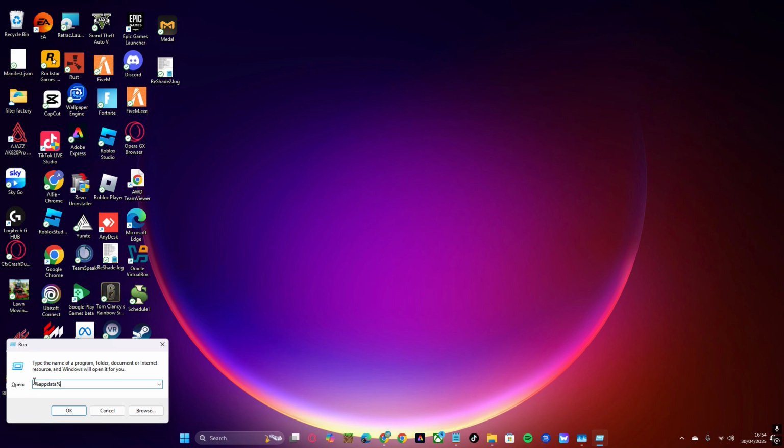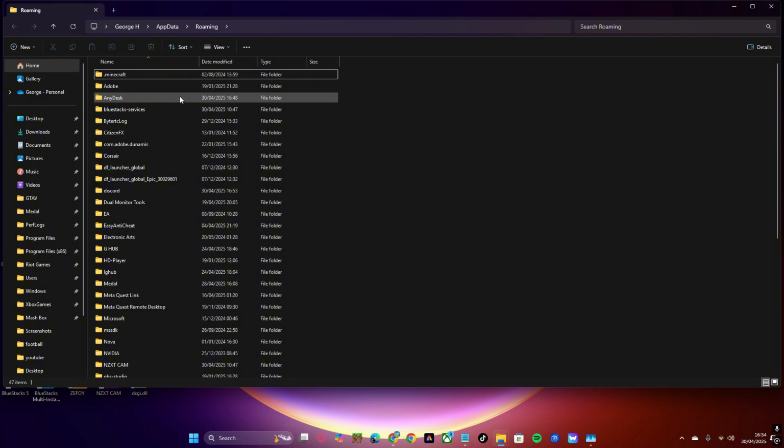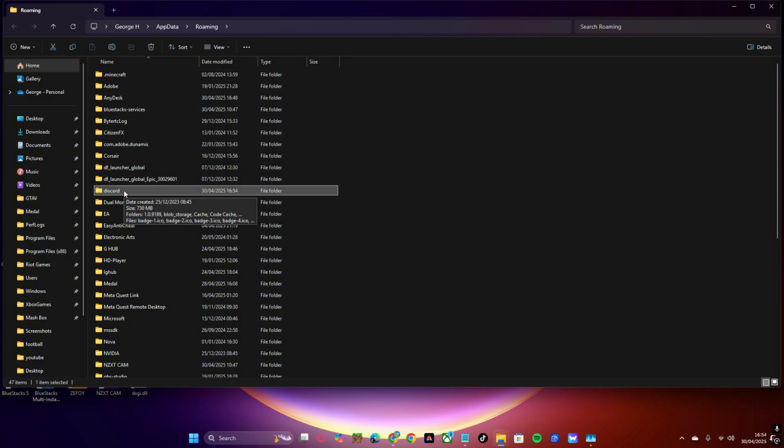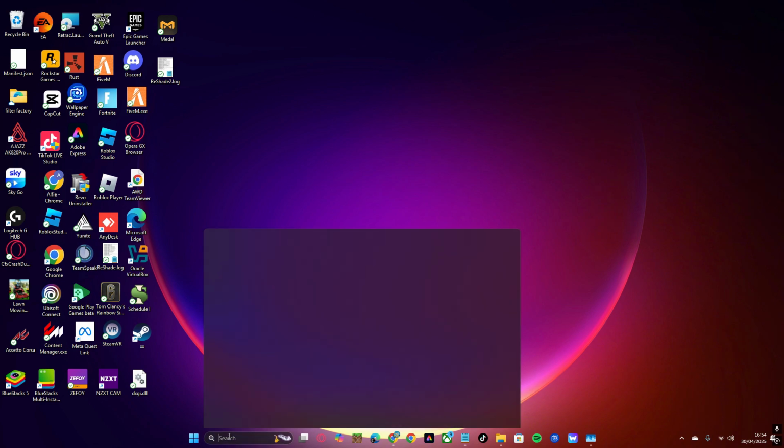You're then going to type in percent appdata percent. Click OK. It's into this. You're then going to click on Discord, delete it like that, and then reload, and then search up Discord,